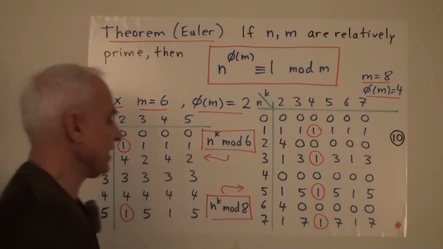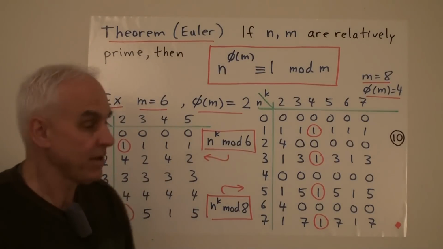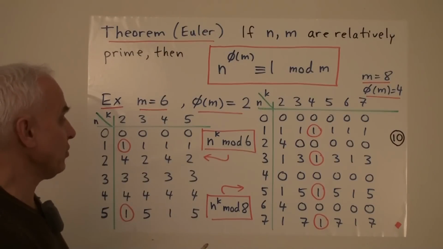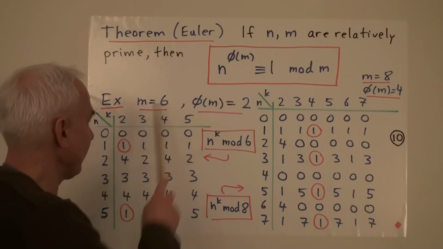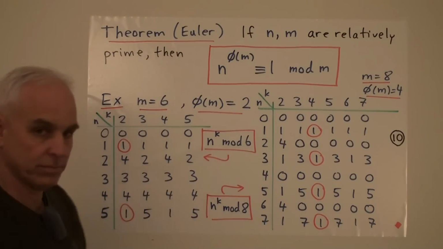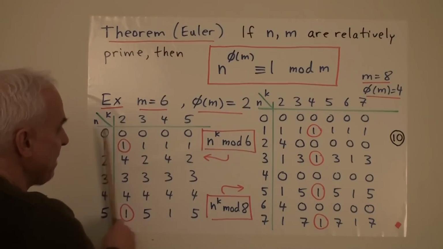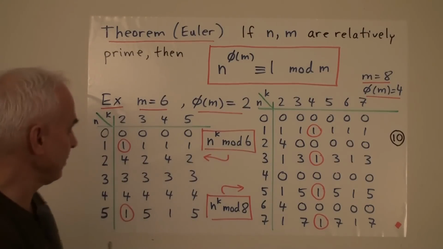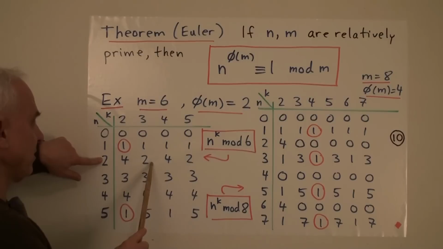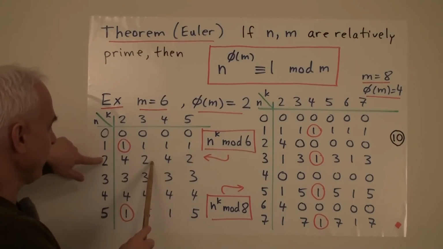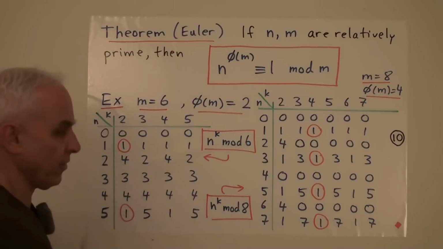So let me illustrate this at least quickly by showing you these tables of powers where our modulus is not a prime number anymore. So here's the case when the modulus is 6. m is 6, and phi of m happens to be 2. So here are the numbers from 0 up to 5, and here are the various powers mod 6. So there's 2. 2 squared is 4. 2 cubed is 8, but 8 is the same as 2. Then we multiply that by 2, get 2 to the 4th, that's 4. 2 to the 5th is 2.